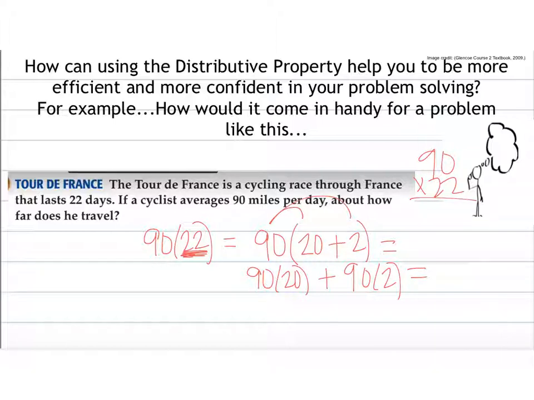So when I have numbers that both end in 0, I can just do 9 times 2 and get 18, and then add my zeros. So take off the zeros and then add them back on. So I know 90 times 20 is 1,800. And then here I can do 9 times 2 is 18, and then add back that 0. So 1,800 plus 180 would be